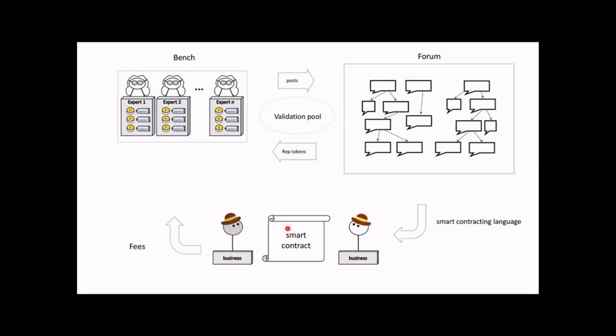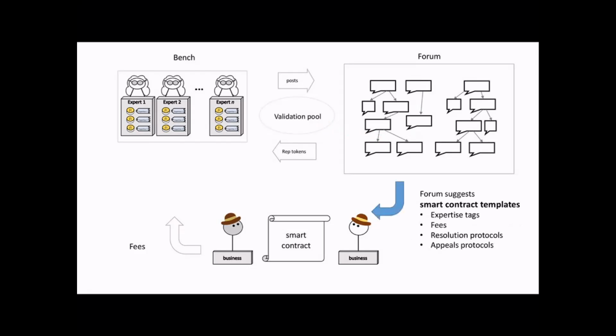So there's one smart contract, which is the business smart contract for the public. Another smart contract is to validate whether or not the business was done properly and to give people reputation tokens. And those are the two main smart contracts that we need to build. But there's two more that I'll have to get into as we go through. Those are the two main difficult ones to figure out, though.